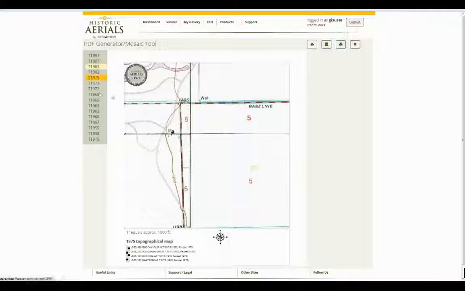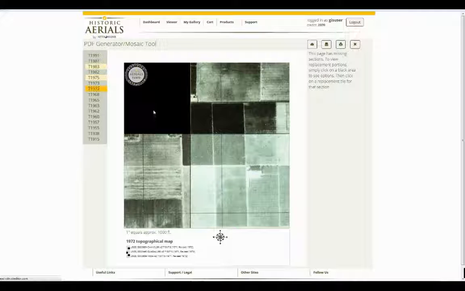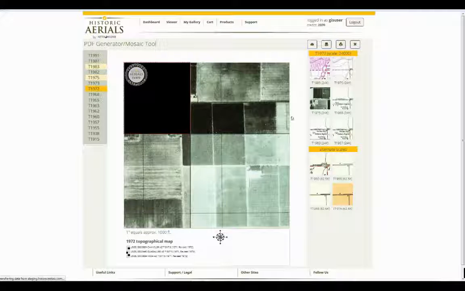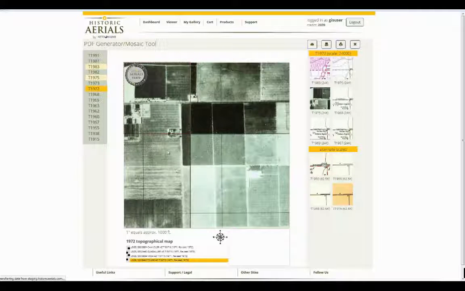In this instance, 1975, we have full coverage, and that is great. It is showing you the pieces that this coverage is coming from. There are multiple pieces in here, but they are all the same year. And when you go into another year, say 1972, this one has partial coverage. In this instance, again, you can click in this black area, and you see that there's a 1973 layer that will fill in the missing space, and you now have a 1972-73 composite topo map for that location. And as you can see, the coloring over here changes each time you select one. You can tell which ones you've already used a credit towards to fulfill,